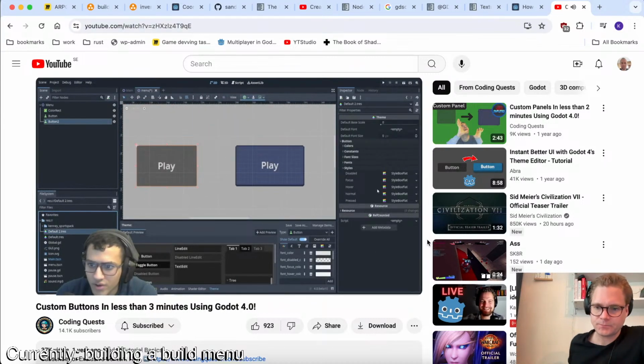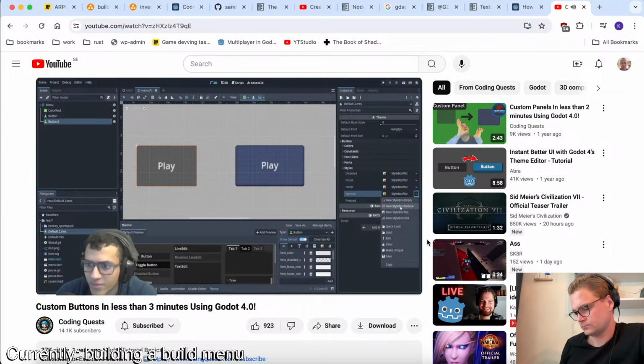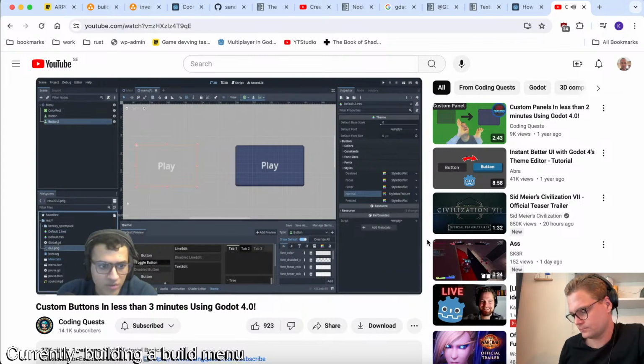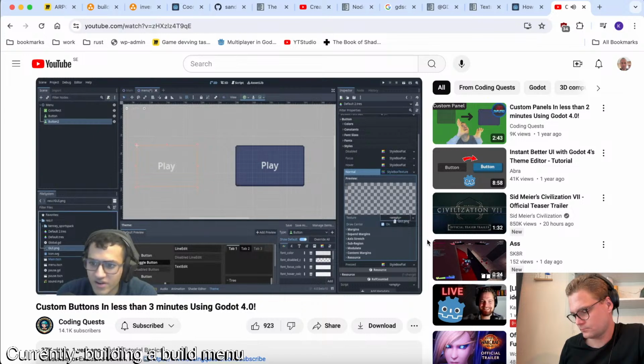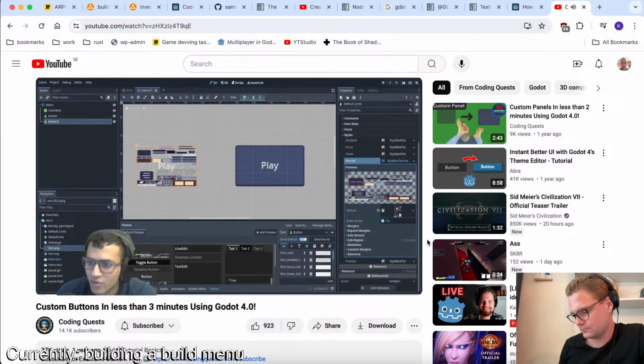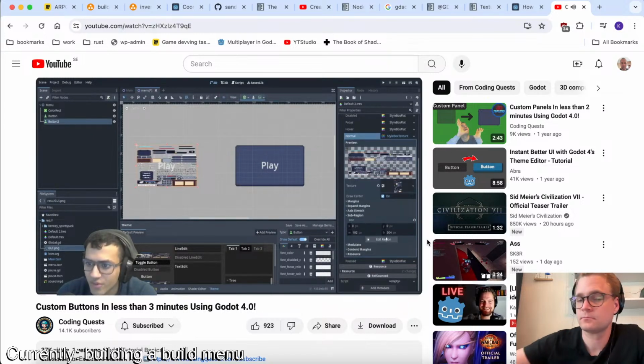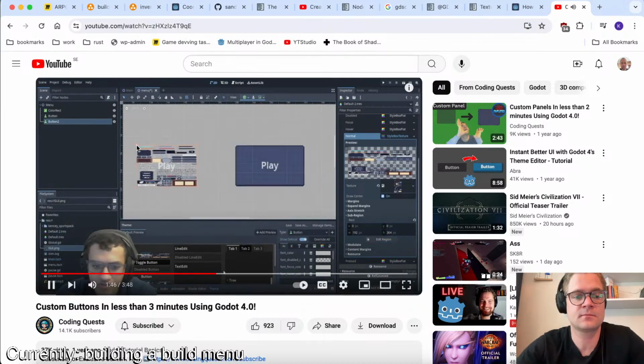All right, back to default 2. We're going to go to normal. We're going to create a new style box texture. We're going to drag and drop the GUI into the texture, click it, open, and drag it in so that it allows us to open it. Next up, we're going to subregion. Now, it used to have it on the bottom in Godot 3, but now